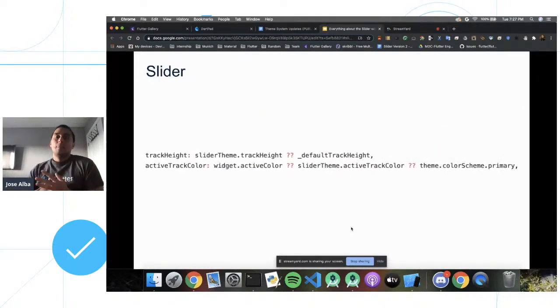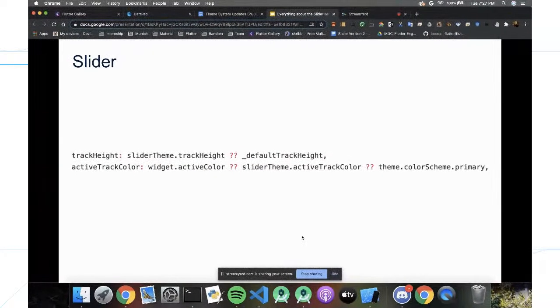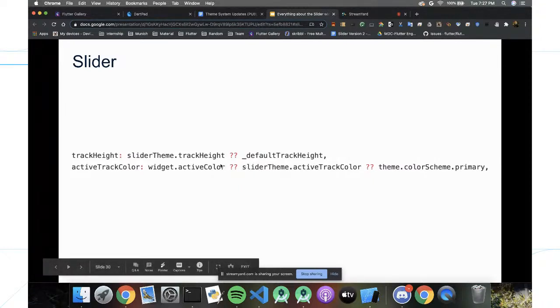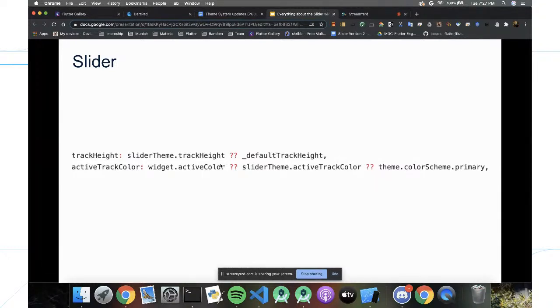So now I'm going to discuss how the slider becomes themable. This is pretty common in the material widgets. Basically, if you're using the slider and in the constructor you set the active color to be pink or something, then the active color of your slider is going to be pink, right? But if you don't override that parameter, then that value is going to be null. And since it's null in the constructor, it's going to go to a slider